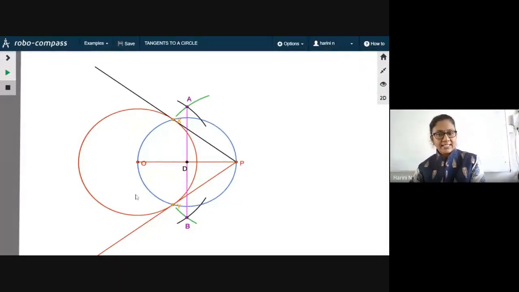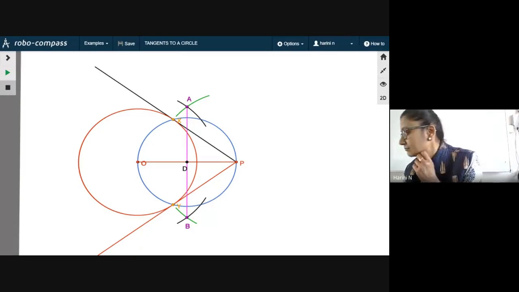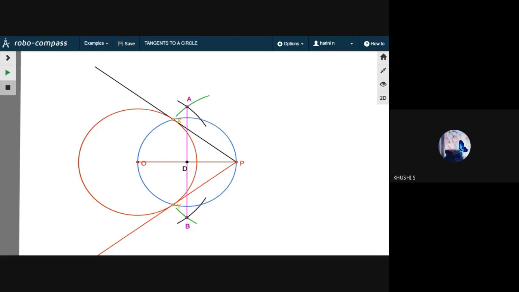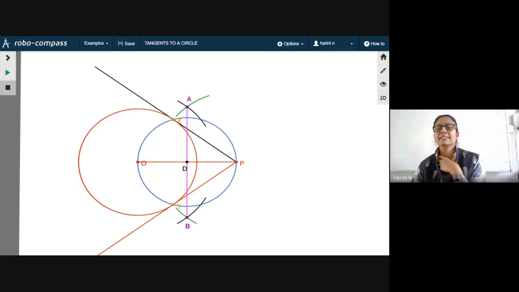So go back to the right hand side. I will keep this figure open here. I'm not going to stop share because I'm going to use this to tell what are the various steps I have done one after another. All right, so go to your procedure side and write step 1. What is the first step? Draw a circle with center O and radius. What was the radius given? 6 centimeters. So that's the first statement. Draw a circle with center O and radius 6 centimeters.